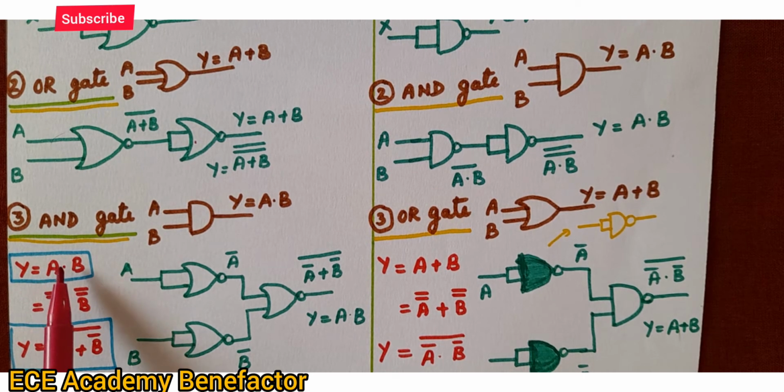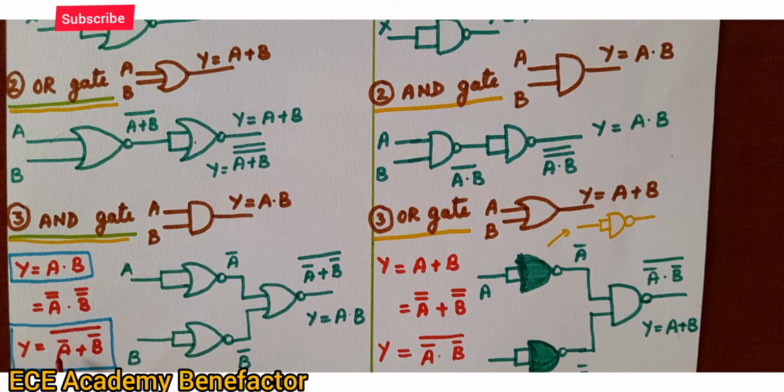We want this expression. So by doing double complement, we will get the same variable. So we have done double complement. A can be written as A double bar, B can be written as B double bar, and then applied De Morgan's theorem. So it becomes A bar plus B bar the whole bar. So what have you done? You need to get A bar. How can you get an A bar?